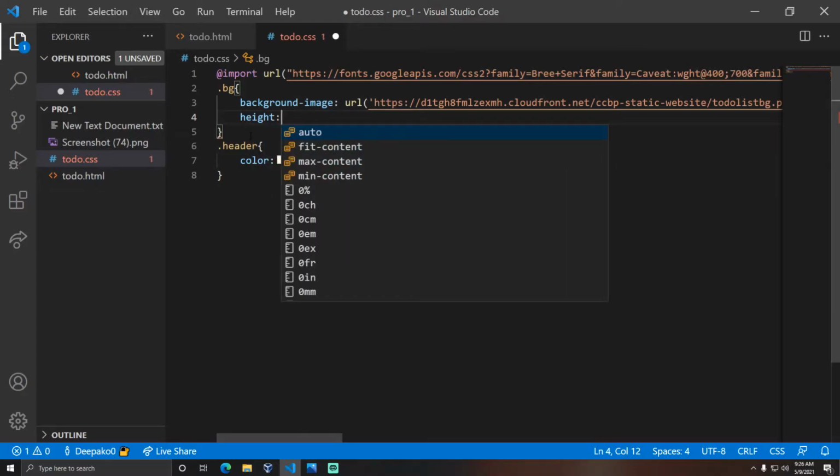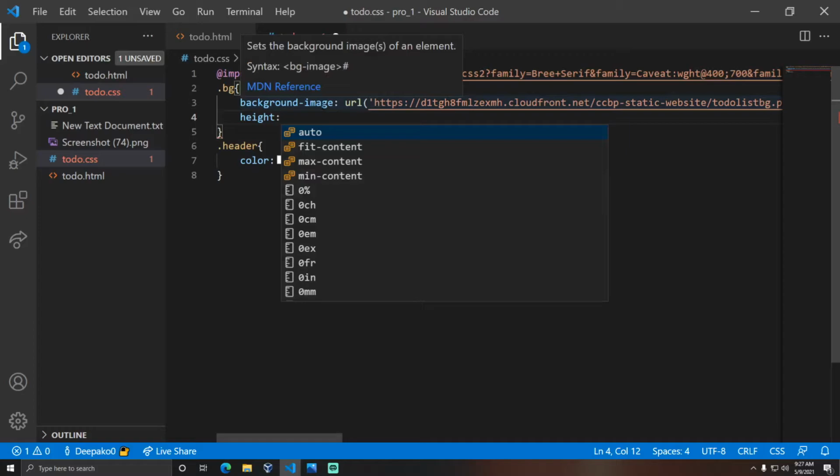We can fix height as pixels or viewport height. Viewport height is nothing but your computer screen. My computer screen is 1920 by 1080 resolution with 22.4 inches or 24 inches, I don't really remember that. So this is a 24-inch screen, let us assume. So you need to use your viewport height.